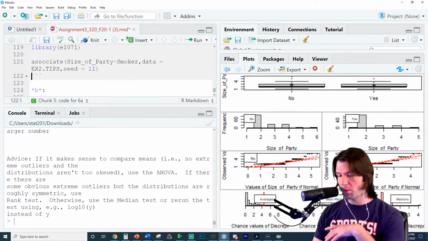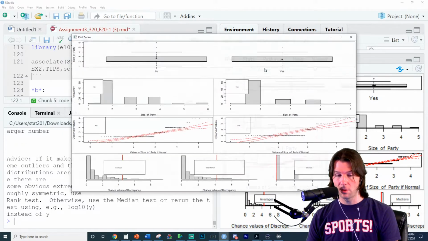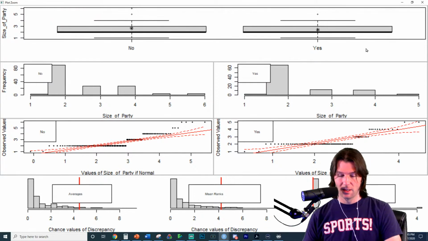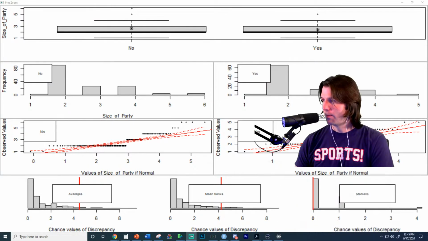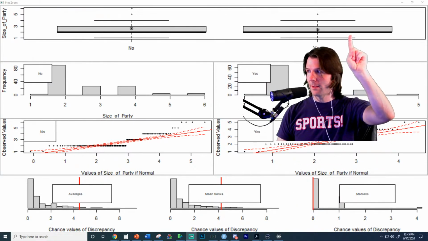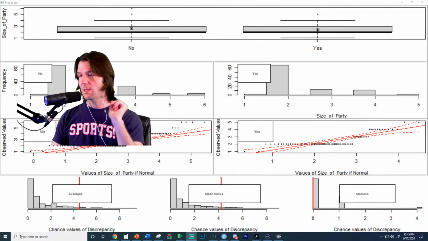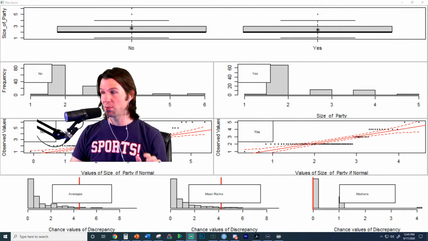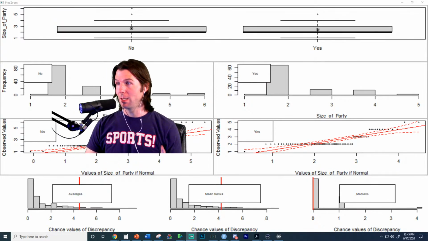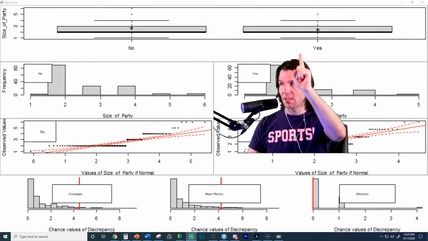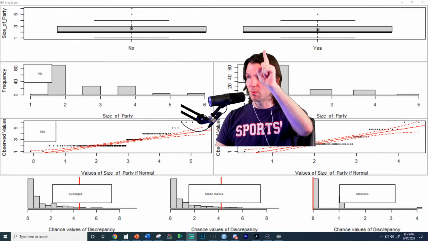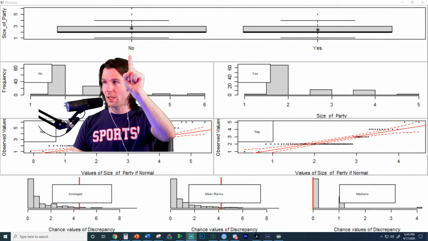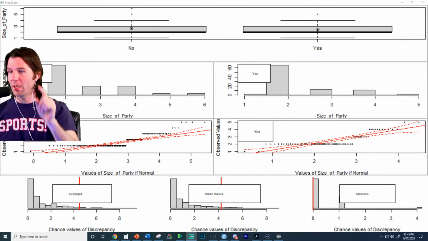So let's review what this output is. You should always know all your output. Let's start at the very top. Up here you have side-by-side box plots. You should know the general idea of what side-by-side box plots show you. There's a categorical variable on the x-axis, which is our yes/no on whether someone's a smoker, and the y-axis is quantitative. So you've got a categorical, quantitative, bivariate display.